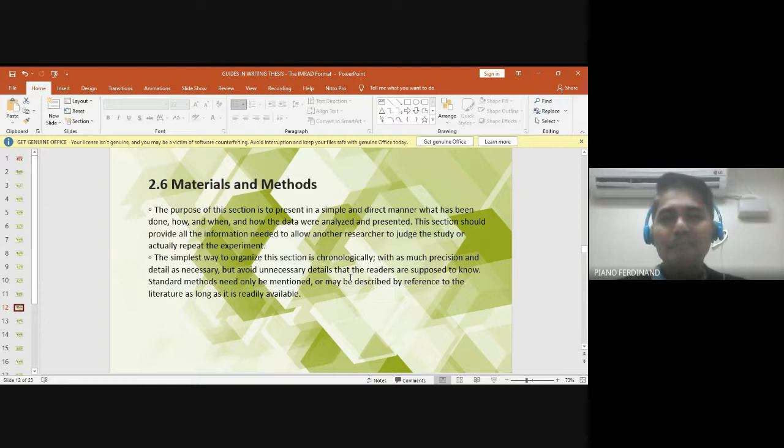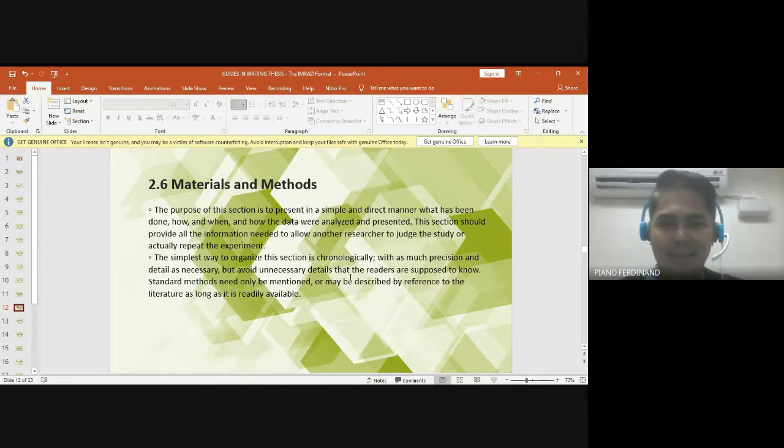Kasi hindi naman po gagawa or magsusulat ng isang researcher kung hindi naman siya natutunan or naturuan kung ano yung mga bagay na kailangan niyang gamitin in his research, no? So, hindi na po dapat natin dinidiscuss pa yung mga ganun. Okay? Pero kung mga one-liner lang naman or mga one sentence lang naman siguro, I guess acceptable pa but not